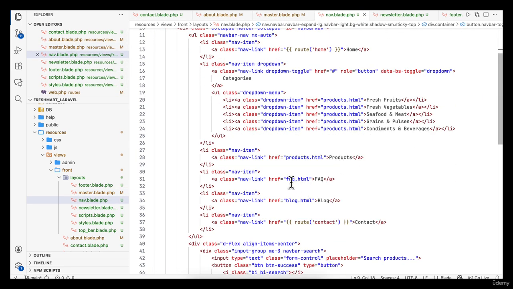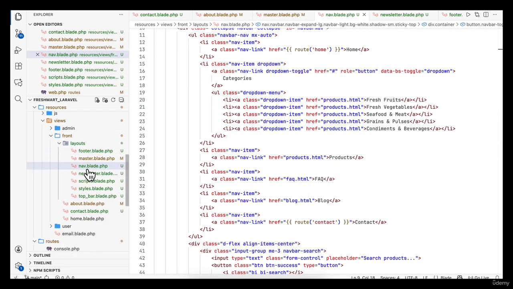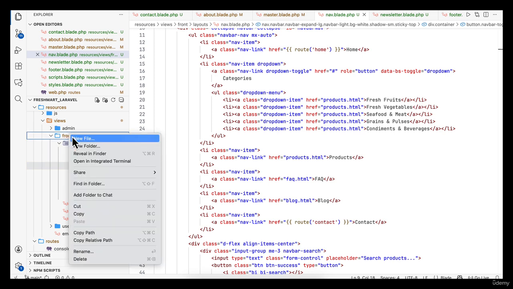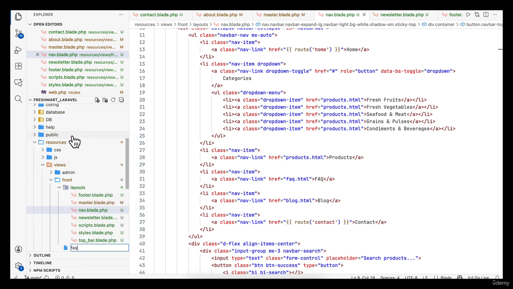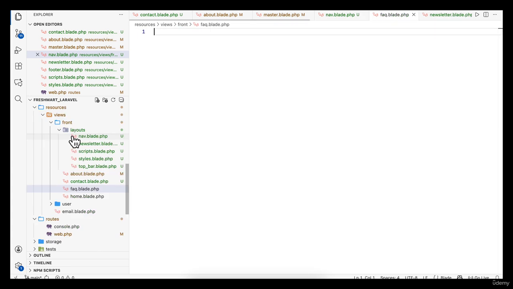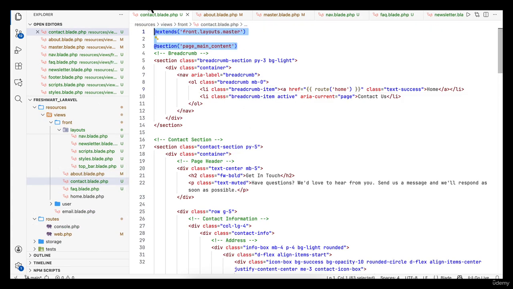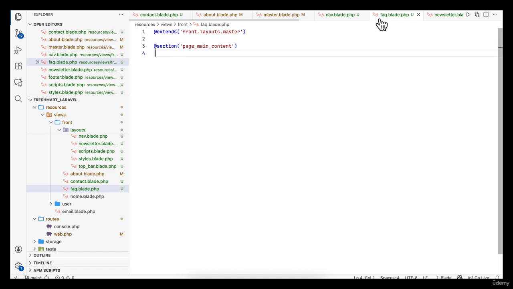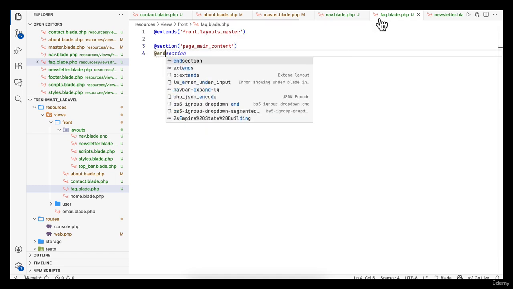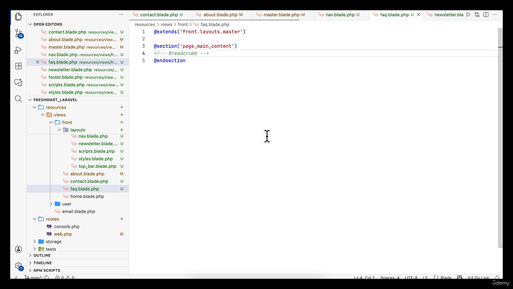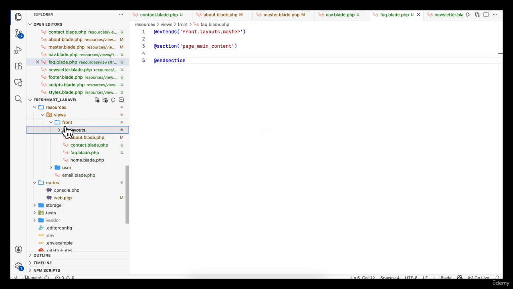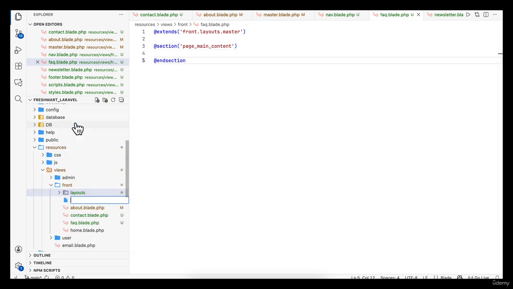Now my next task is FAQ, for example. So in the front view I am going to create a faq.blade.php file. Okay, so the FAQ will be similar to contact. So copy this and in the FAQ, paste it, and here it will be the end section like this. So FAQ and other pages I am going to create here, that can be, for example,